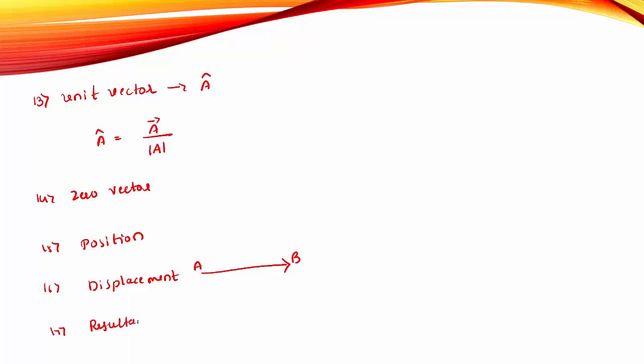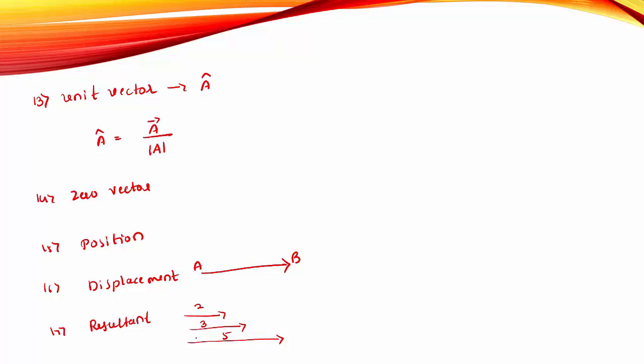Then we studied resultant vector. It is very important. Resultant vector means, of two or more vectors, that single vector which produces the same effect. Instead of taking two vectors, I can take a single vector with the same effect. Suppose if one value is 2 and another is 3, we can get 5. That gives the resultant vector.